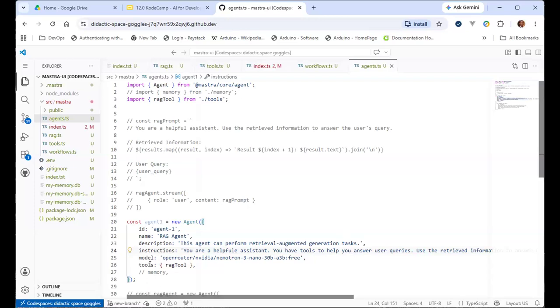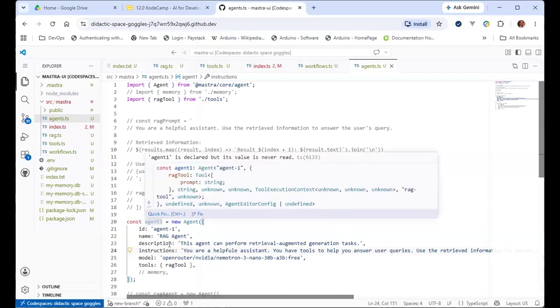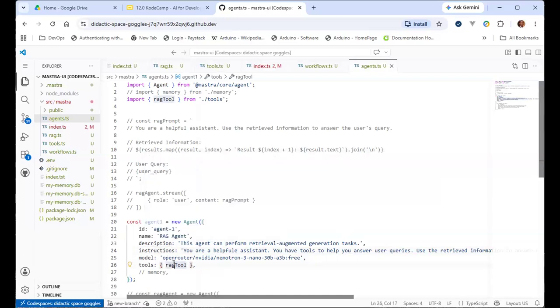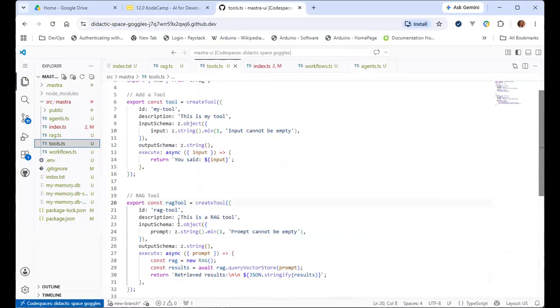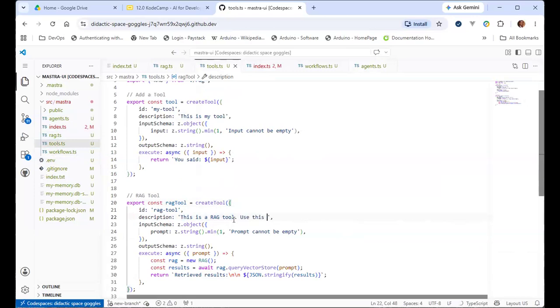To at least tell the LLM that it can actually use the RAG tool and it should be able to use the RAG tool. And the RAG tool, which you have put on that tools, you actually put a description to say this is a RAG tool. So you can have a better description. This is not a very good description. Something like "use this tool to...", or something much better than that. Something more